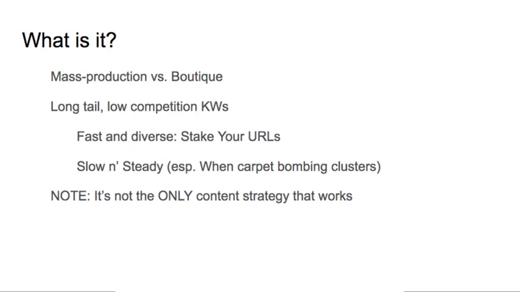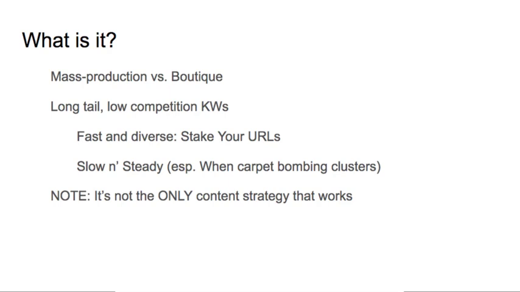But where do you start? What topics are you going to cover? Because there are a lot of topics you can cover. So you stake your URLs. You start publishing a lot of content very, very quickly. If you write it yourself, learn to write fast. Outline, outline, outline. The faster you can write your outlines, the faster you fill in the blanks. I love fill in the blank. That's why I do detailed outlines. And how do I get those outlines done? That's coming up.